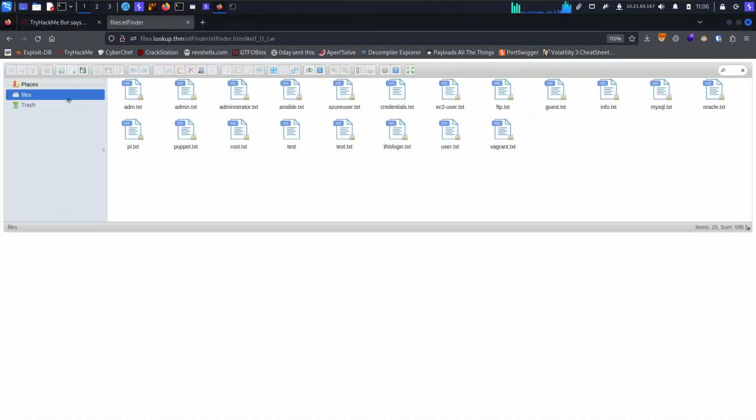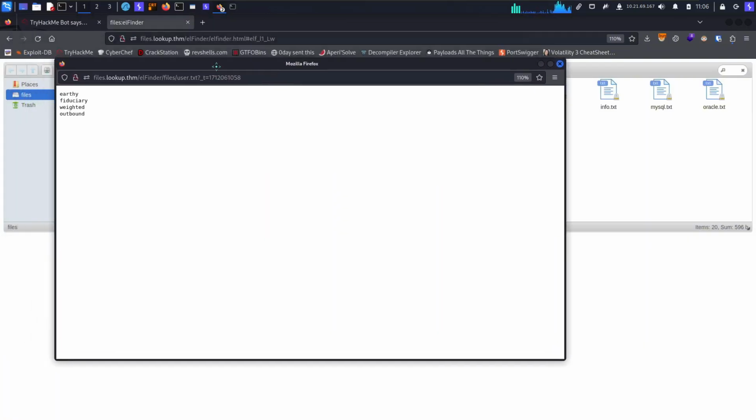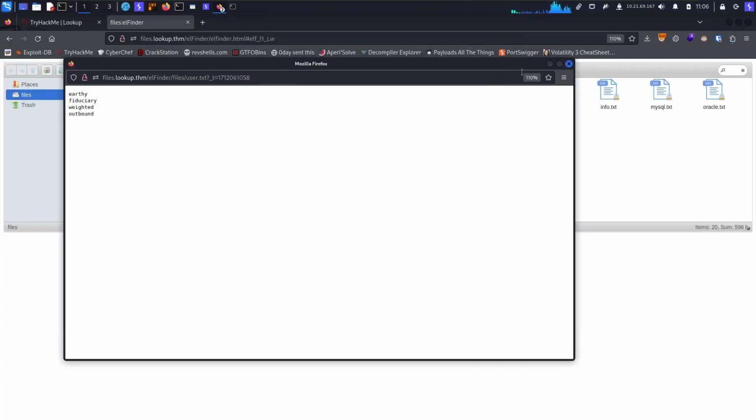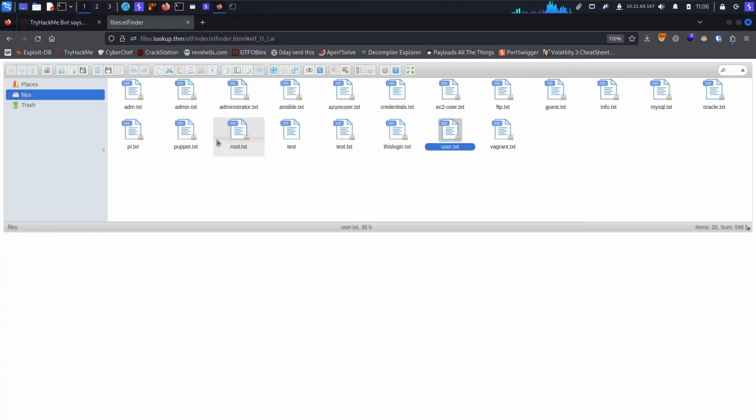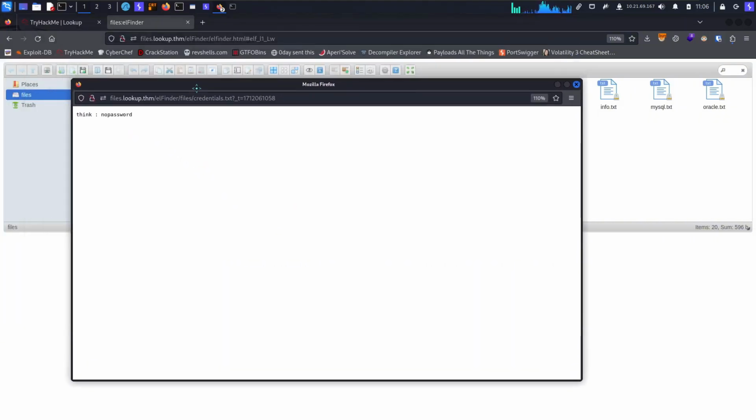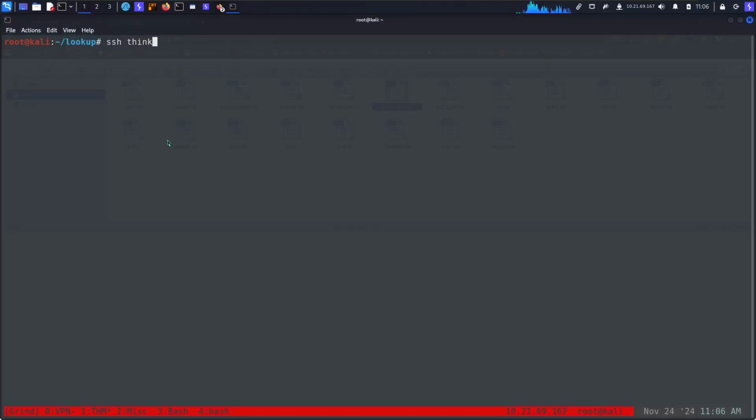So we see some elFinder, looks like a file manager, and we got several files. We got user.txt. Let's just double click and open it, but it looks like something else. Looks like just random words. We got credentials.txt. Let's see what we have here. And we see think and no password. Think is probably the username and password. We can go ahead and try that for SSH. Think at lookup.thm and no password. That's wrong. You see,